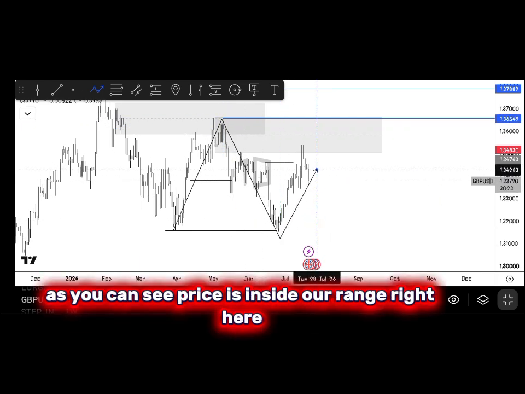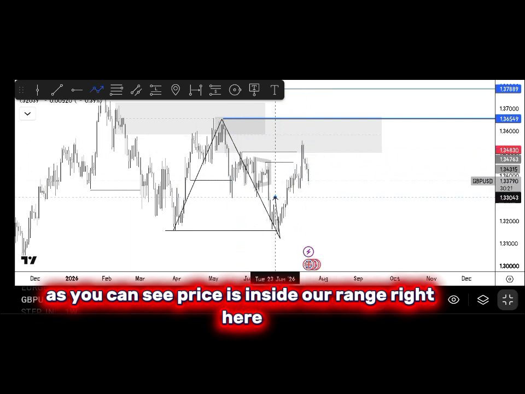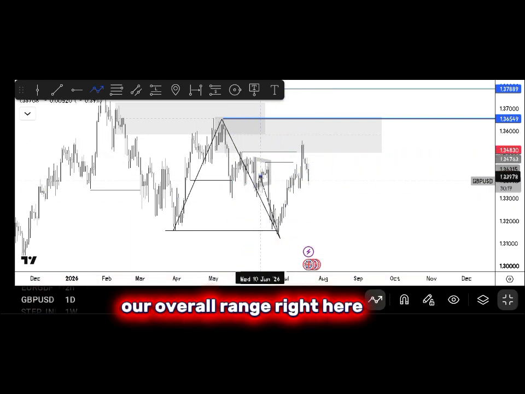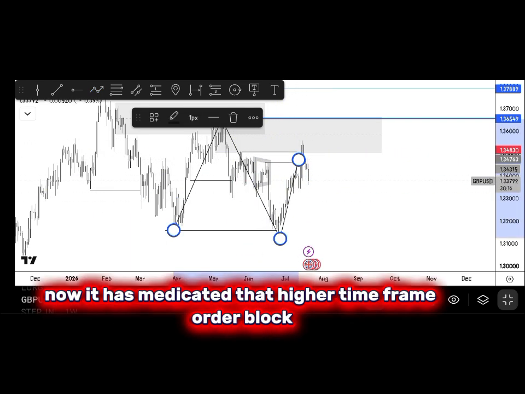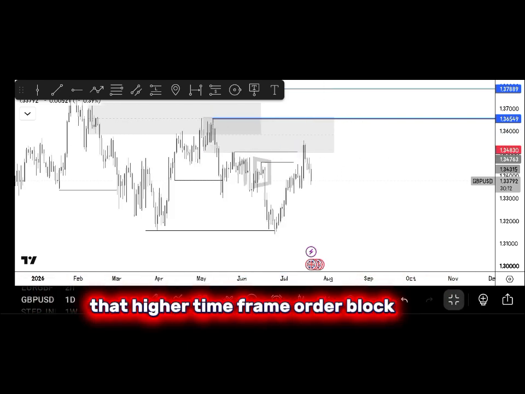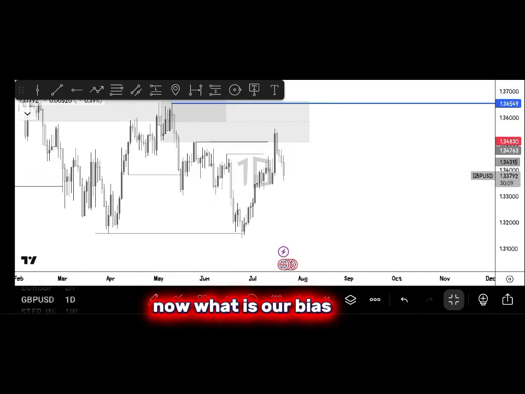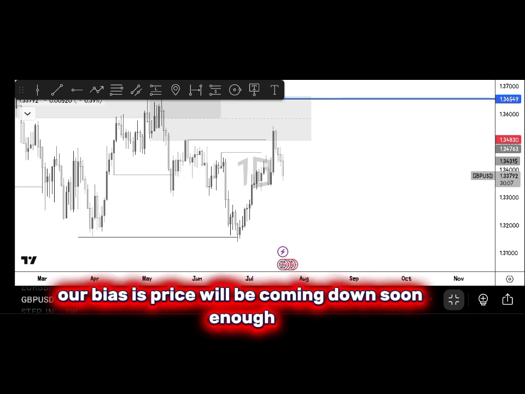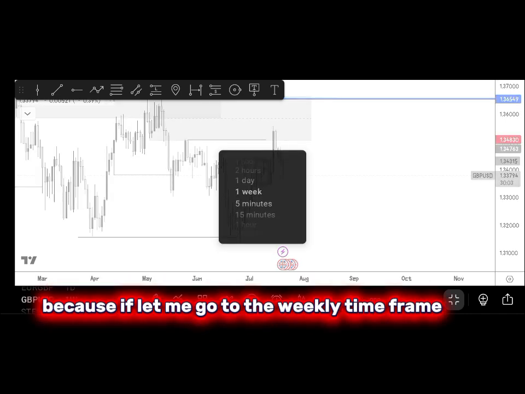As you can see, price is inside our range right here, our overall range. Now it has mitigated that higher time frame order block. Now what is our bias? Our bias is price will be coming down soon enough, because if I go to the weekly time frame,